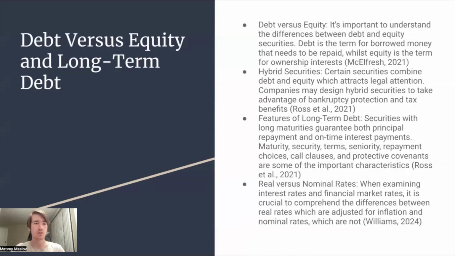And then lastly, it's looking at debt versus equity and long-term debt. Over here, on debt versus equity, it is important to understand the differences between debt and equity securities, where debt is the term for borrowed money that needs to be repaid, while equity is the term for ownership interest. And moving on, there are also hybrid securities, where certain securities combine debt and equity, which could attract legal attention. Companies may design hybrid securities to take advantage of bankruptcy protection and tax benefits. Therefore, they would be more closely monitored and looked at by